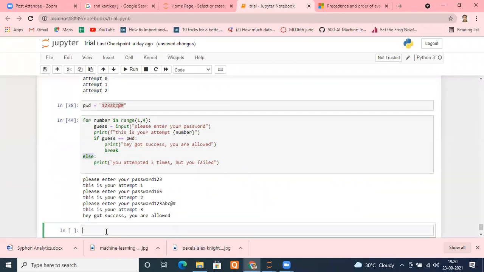And I'll advise, please practice, because only practice will make you sound in programming. Everything seems easy while I'm typing, but when you start typing, you fall into the trap. This is about coding, and the same thing is with mathematics as well. Until you practice, you won't get success.